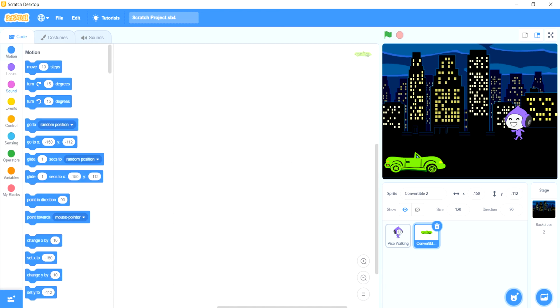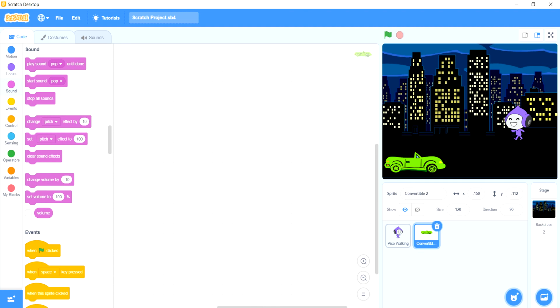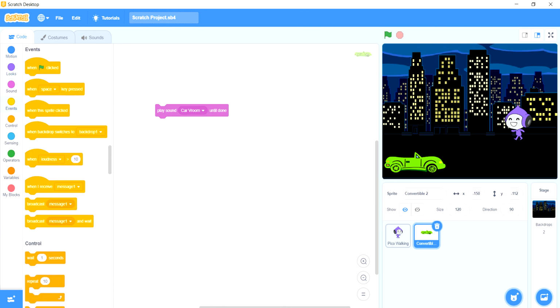Okay, here. Then I will put on the sounds and play sound, not pop, car moving, car volume. And then put on events and put the flag. Look here. I will put